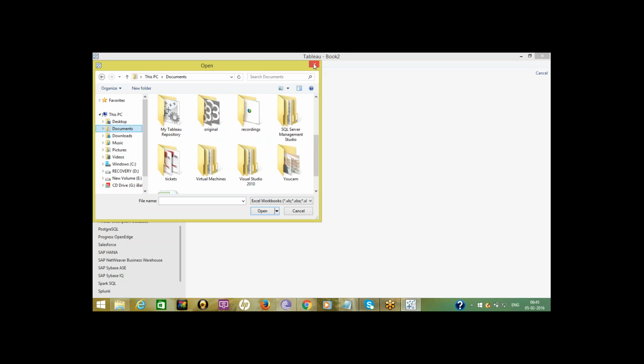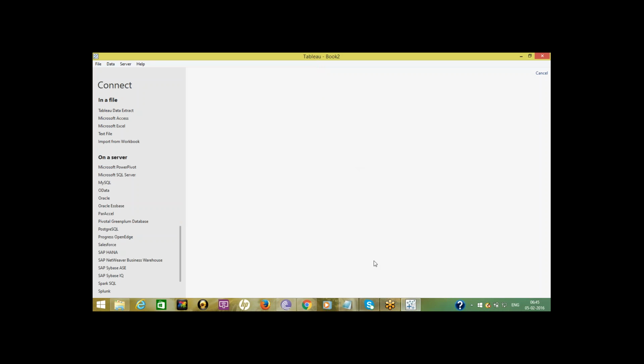Hello, Karthik. One small question. Live connection, as you said, for example a live Oracle data source: suppose we take data, do some modification and some work. How will it be affected? Will it affect the Oracle data source? We cannot make any changes from here to Oracle. If there are any changes in Oracle, they will be reflected here if you click on refresh. Live means we are connecting directly to the source.